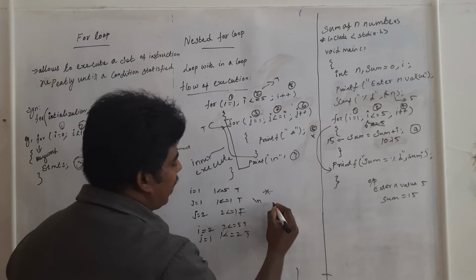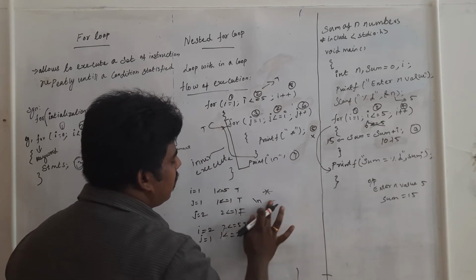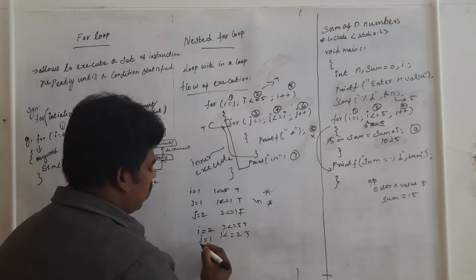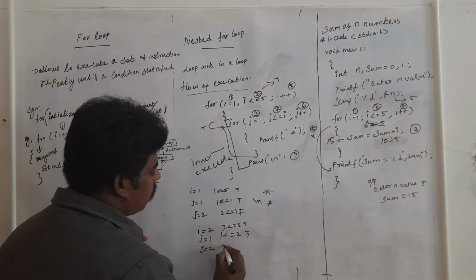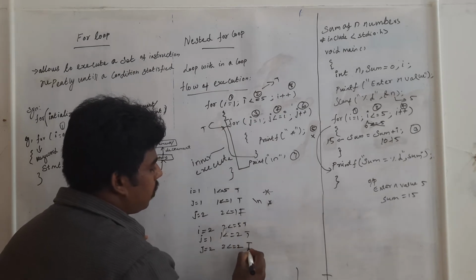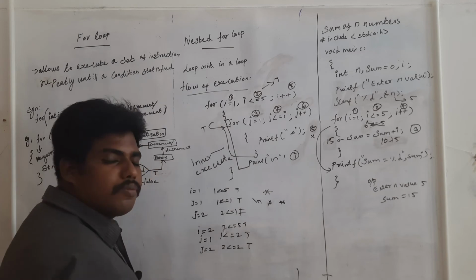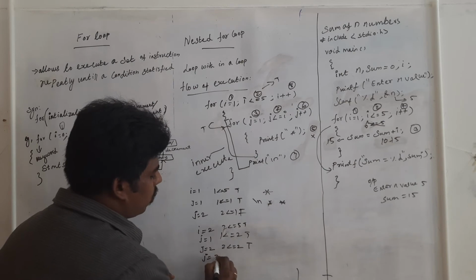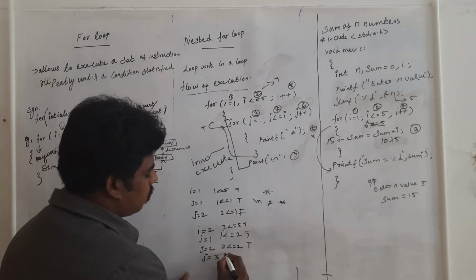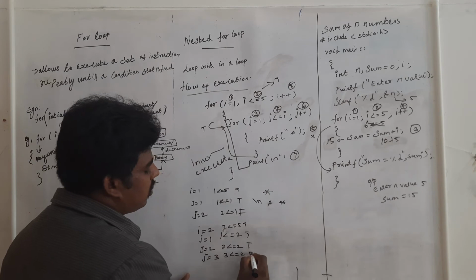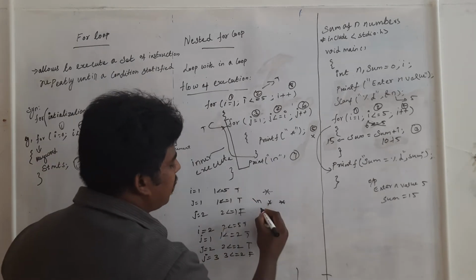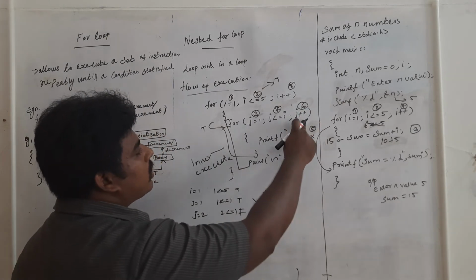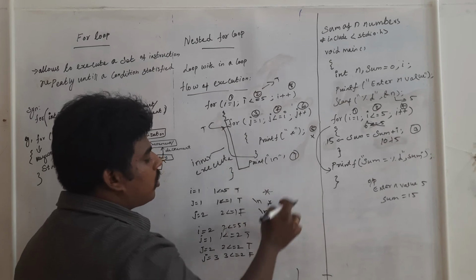So it will print again 1 star. Then, it will print another star. Again j plus plus. Now j value equal to 2, 2 less than equal to 2, condition true. So again 1 more star. All of you got it? Again j value, now j value equal to 3. So 3 less than equal to 2, so it is false. So again new line. Once the condition is false, the body should not be executed, so slash n.